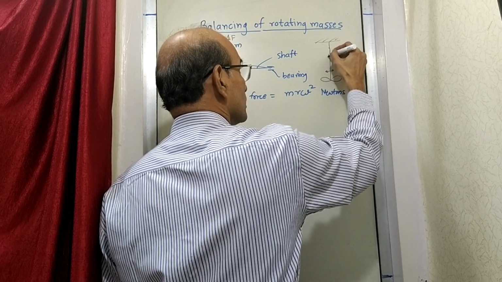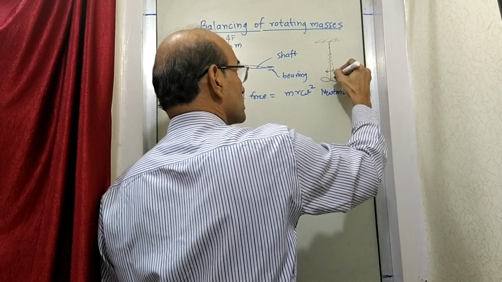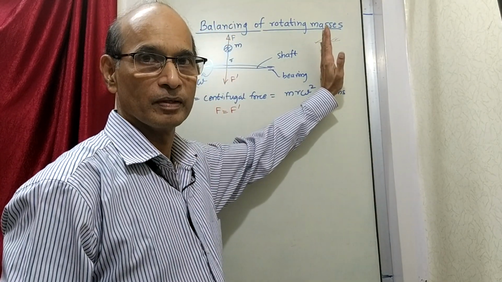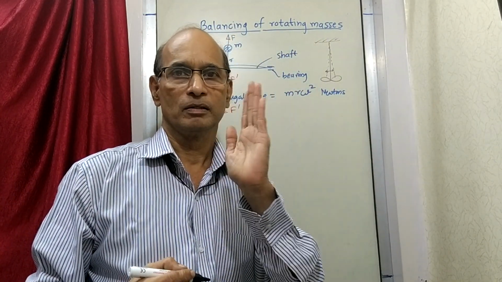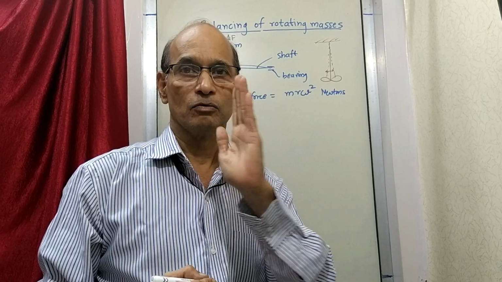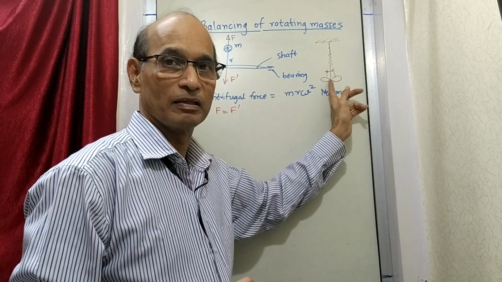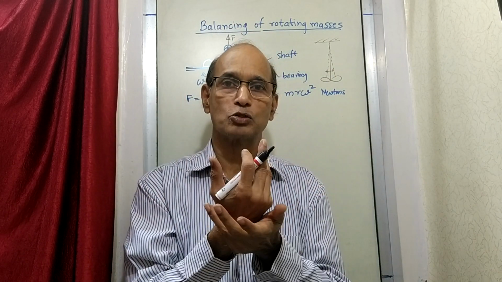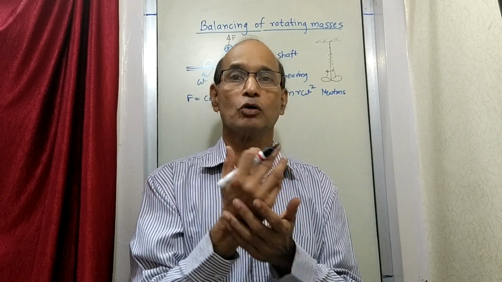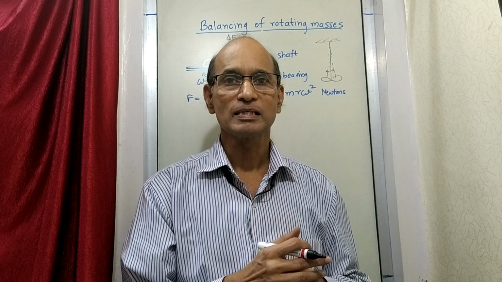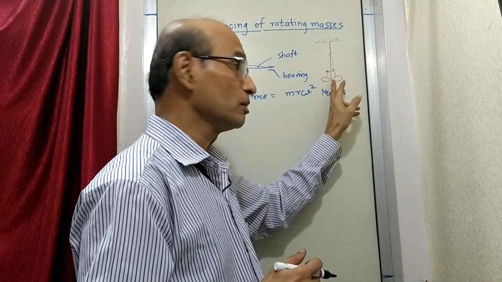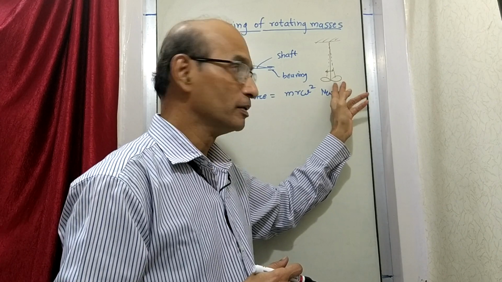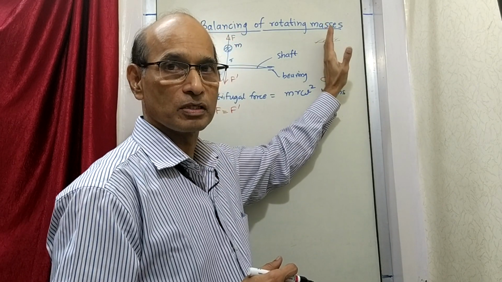That means its rod which is supporting the fan, that rod is not stationary. It has got some kind of a movement. Now that movement will exist when the masses, that means the three blades, are not balanced properly together. A set of three blades together is not balanced. If that is the case, then the suspended rod which is suspending the blades of the fan is not going to remain stationary or stable.